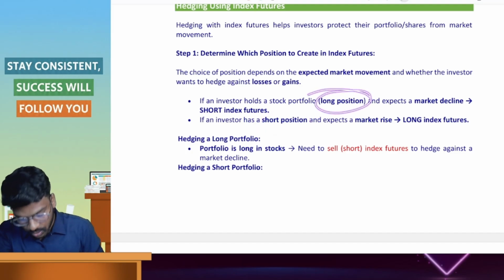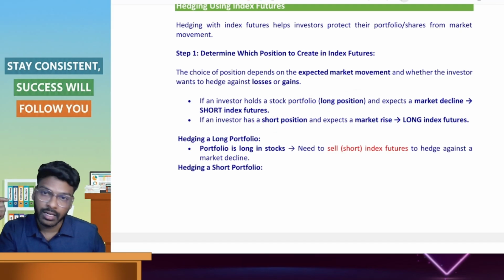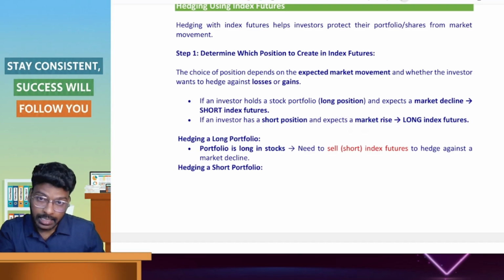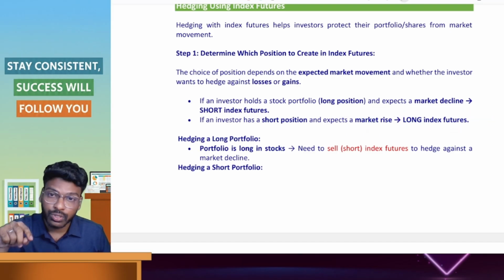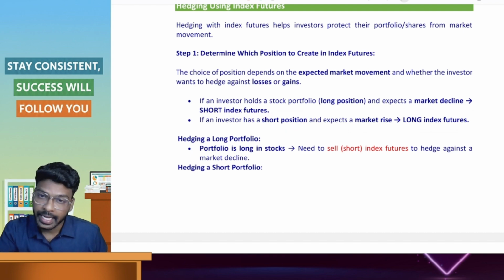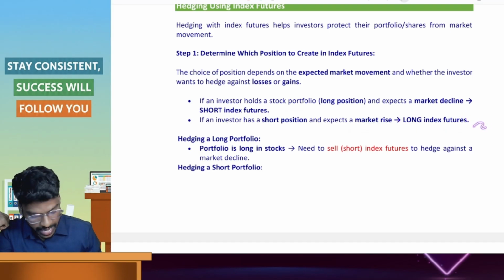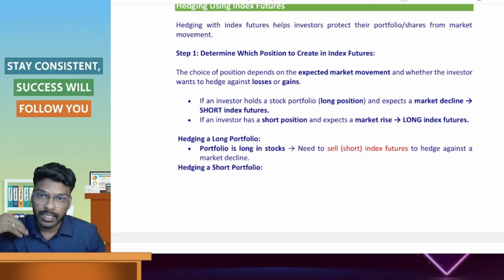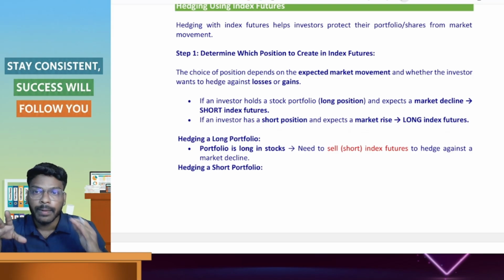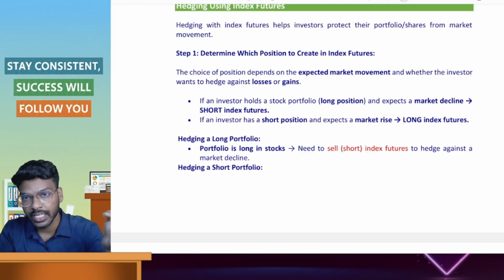If one person is taking a long position, another person will have a short position. So in this case, the person who has taken that short position, that is sold the index, expects that the price will rise, so he has to take a long position in the index. If a person having a short position in the current market expects that the price of the shares will rise, then he has to go for a long position. If you enter into a hedging, then there is no loss for you. The loss will be killed by entering into the hedging of the portfolio.